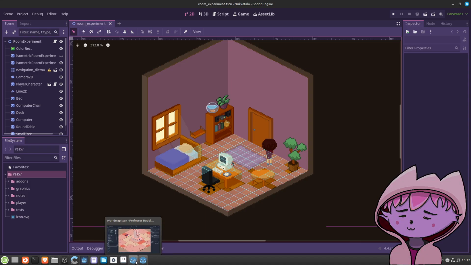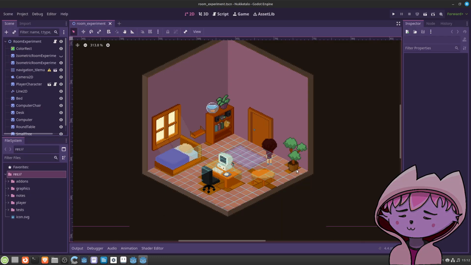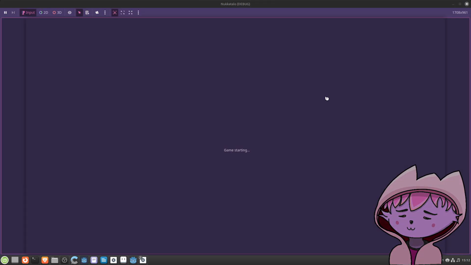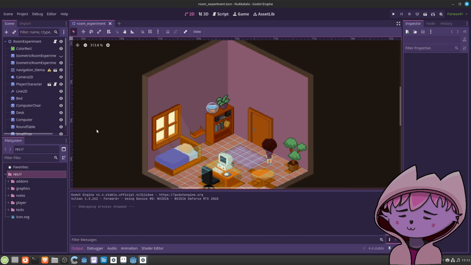In Professor Bubbles we have keyboard controls. In this Nukkatalo project we have mouse controls. And this is all. This is just this mock-up room and this controller. And let's see now.